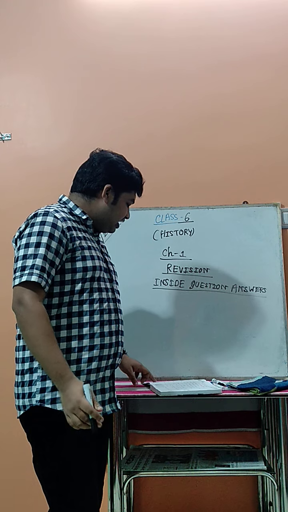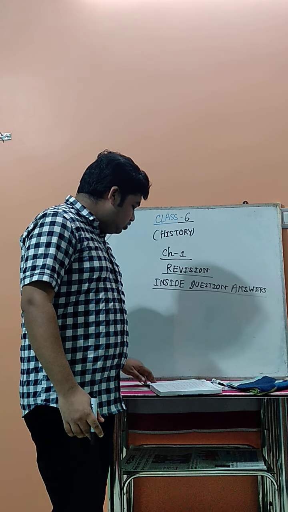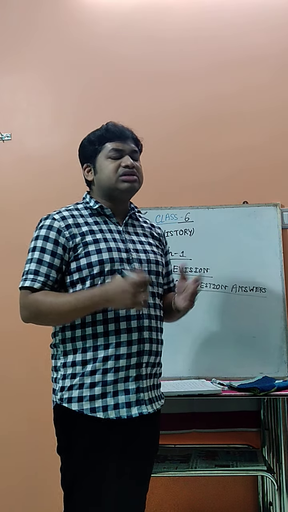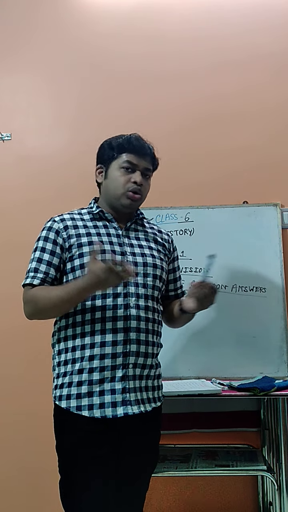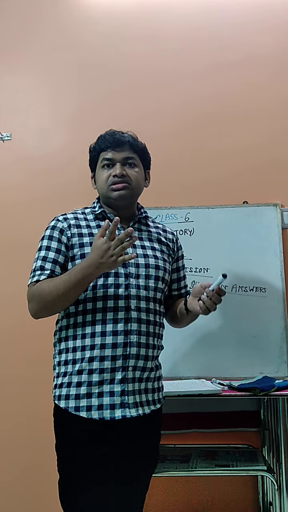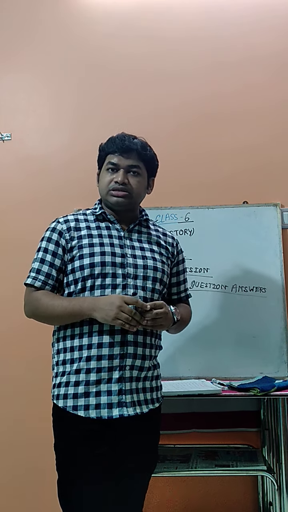And what is the irrigation system? And write about the uses of it in the agriculture process. For the irrigation system, first you have to understand what the irrigation process is. We know that the main occupation of the Mesopotamian people was agriculture, so they had to depend on the agriculture process.